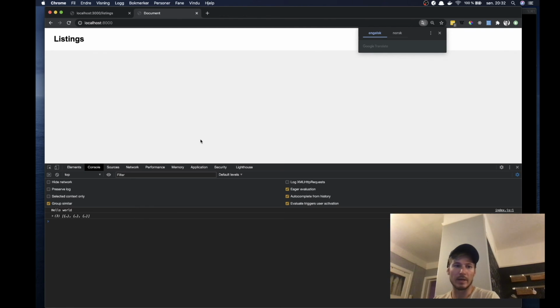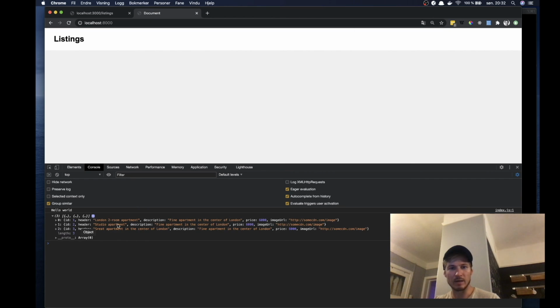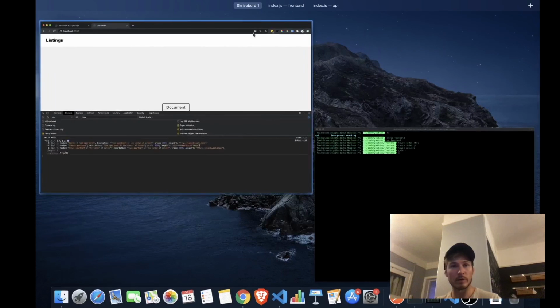All right. And now you can see that we were able to get the data, because in the API, we set the Access-Control-Allow-Origin header, which says that this client is allowed to get this data. So now we have the data from the API and we're actually logging it to the console. So what we're going to do with that now is we're actually going to create some items here, and we'll place them on the screen. So let's head back to our